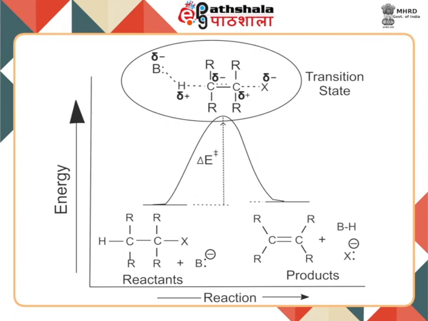The energy diagram for E2 elimination can be visualized as shown here. The process, as we have discussed, is concerted and the transition state is less well defined than the corresponding SN2 transition state, and there is simultaneous bond breaking and formation which is taking place. So, you can notice in this energy diagram that starting from reactants, there is activation energy required to reach this transition state where there is simultaneous removal of the beta hydrogen and X from the alpha carbon, and as a result you will be getting the product which is alkene.